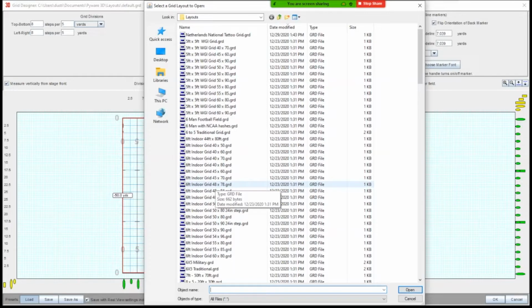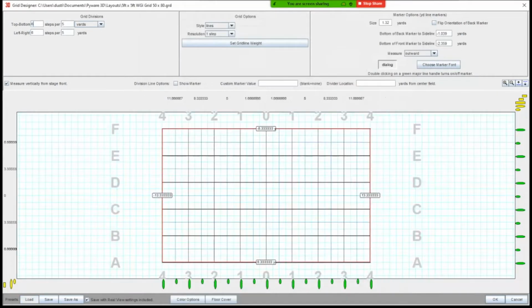So let's do a convert to a 48 by 78. Okay, so let's see what we have that's closest. Let's do a 50 by 80. So we're going to pull this down to 48 by 78. Okay, so this is what we have here. We've got 50 by 70. Let's convert it to a 48 by 78. So I'm going to grab my calculator,